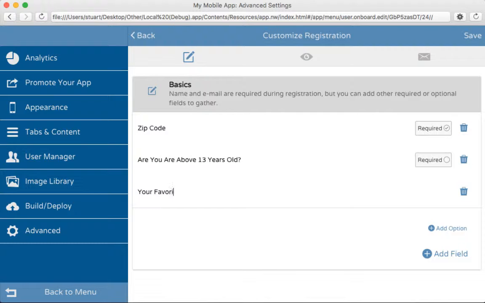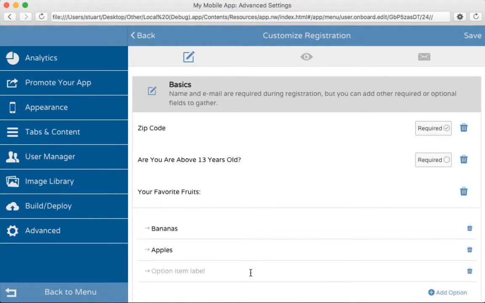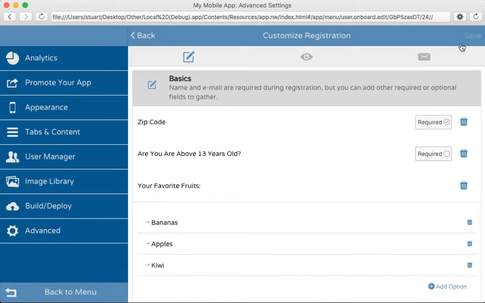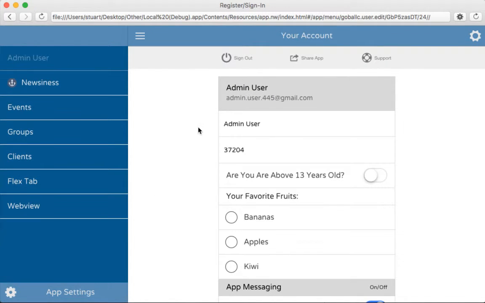Your favorite fruits. We'll add an option to that. Bananas, apples, and kiwi. Okay, I'll save that. Now the other thing to note here is on the account user page, even after I'm